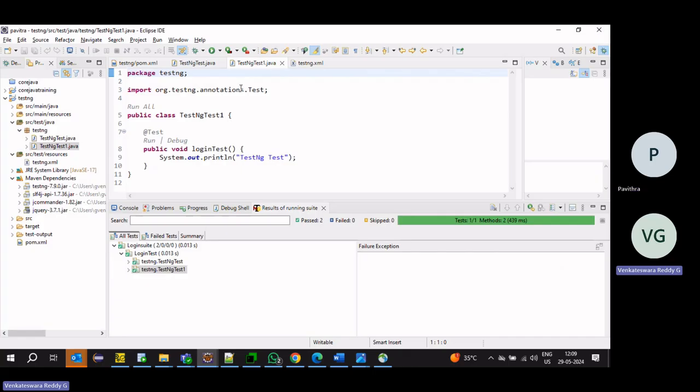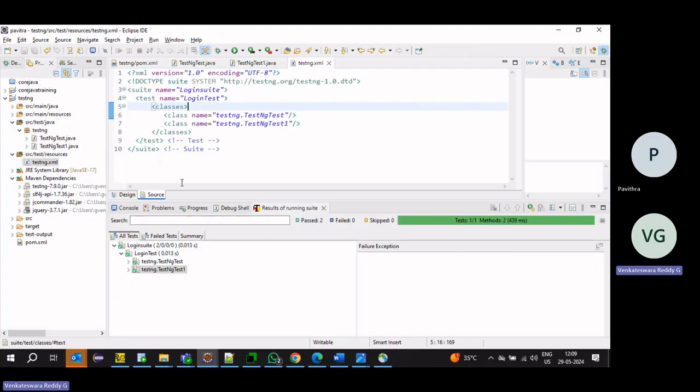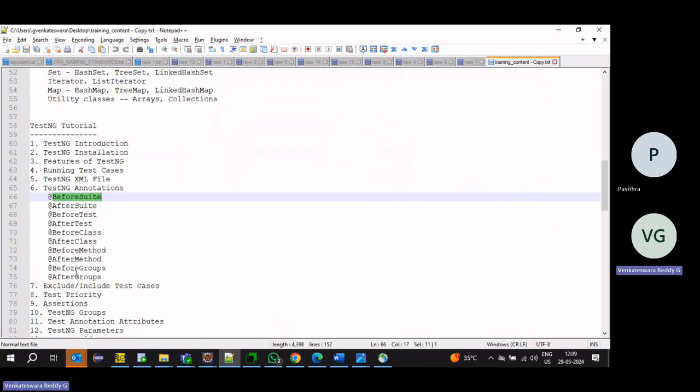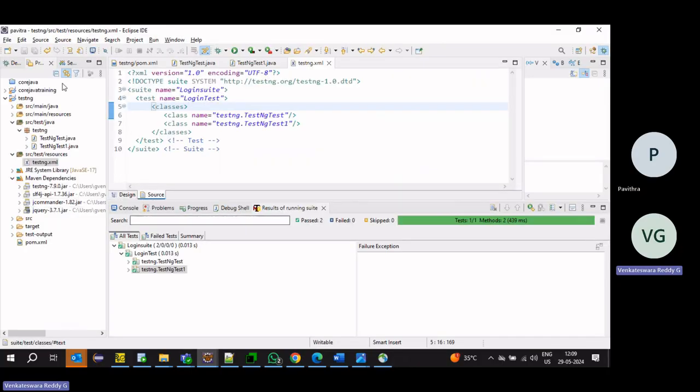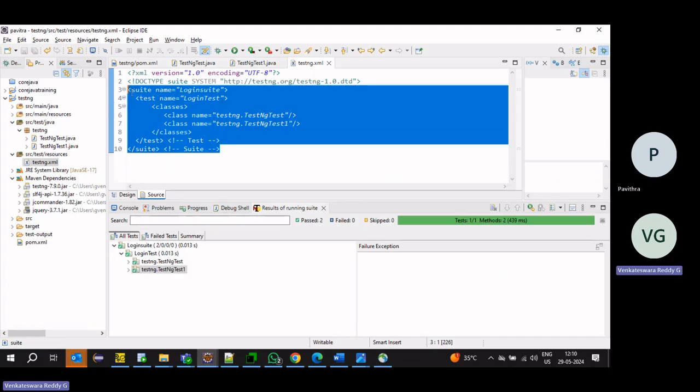That means if I keep the BeforeSuite annotation, that will execute before starting the execution. Similarly, AfterSuite will be there. AfterSuite will execute after execution of all the test cases.